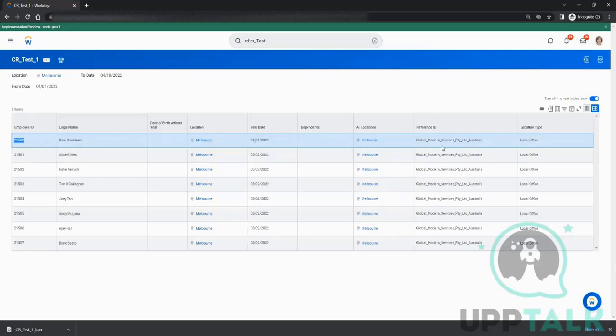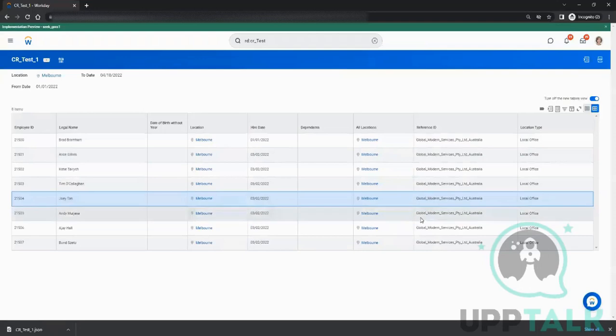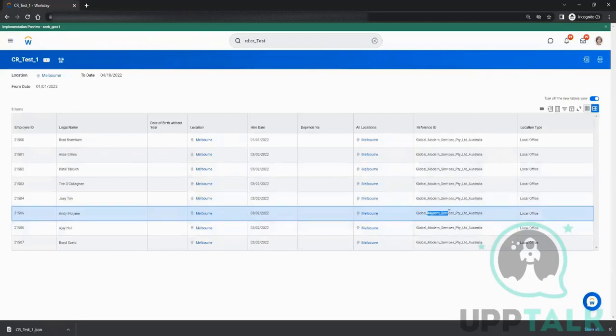Then they want only the first 5 digits of this reference ID, or they want only whatever is there after any specific character, after the underscore. All these kinds of things can be done using the calculated field, which